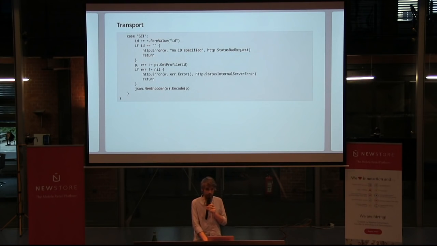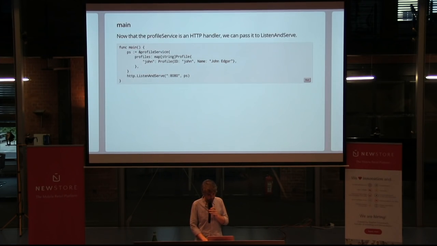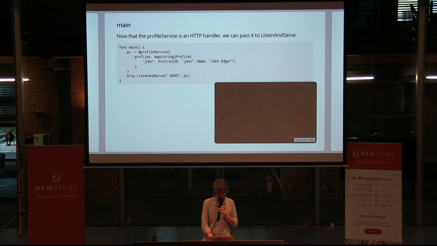Here's the get side. I mean, it's all pretty straightforward stuff. Same thing here. Take the ID from the query parameters, get it out of the memory, and then JSON encode it. And then we're done. Now that the profile service is an HTTP handler, we can pass it to listen and serve. And we can seed it with a little profile here. And just to prove that this is all kind of working,